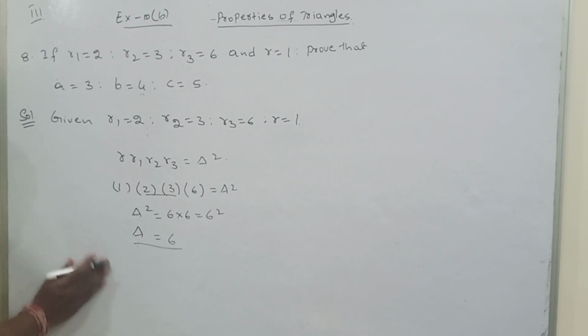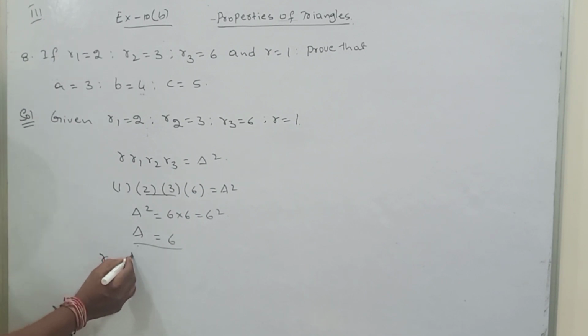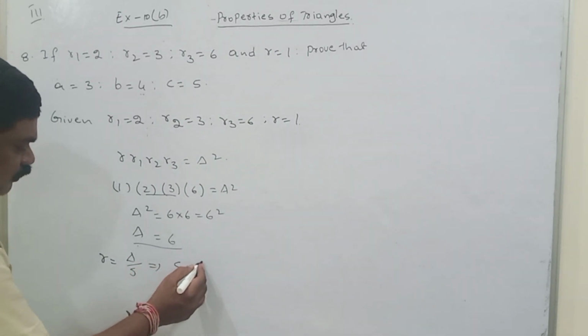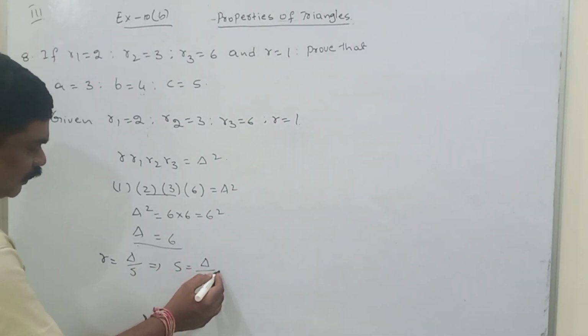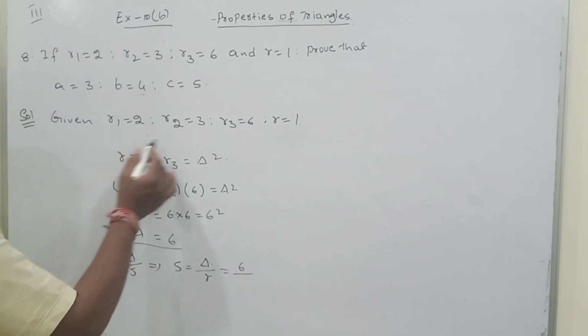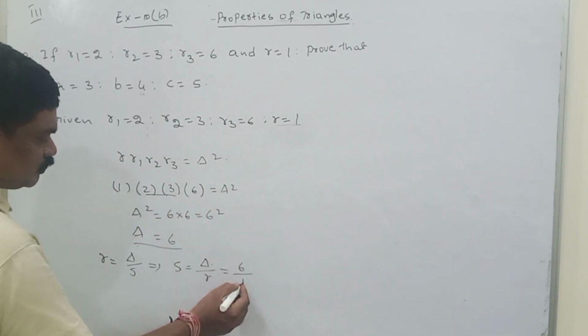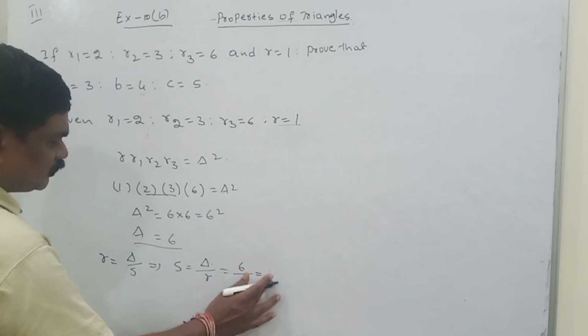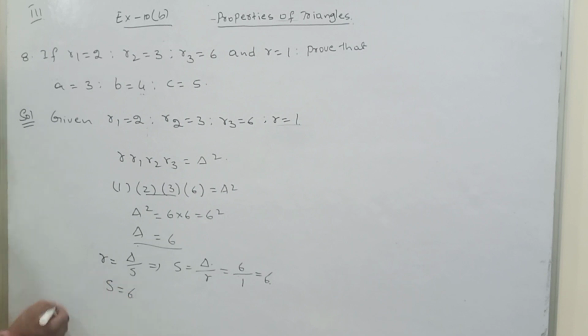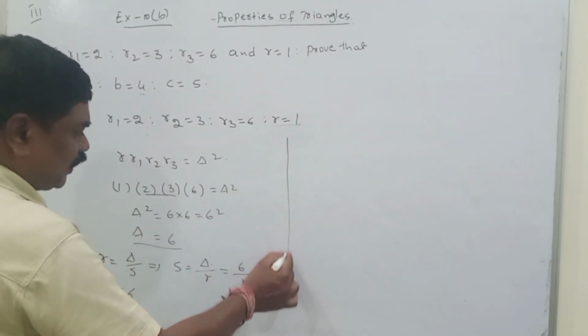But SR is equal to delta by S, implies S is equal to delta by R. Delta 6 by R is 1. So S is equal to 6. What is S value? 6. Then we have to find